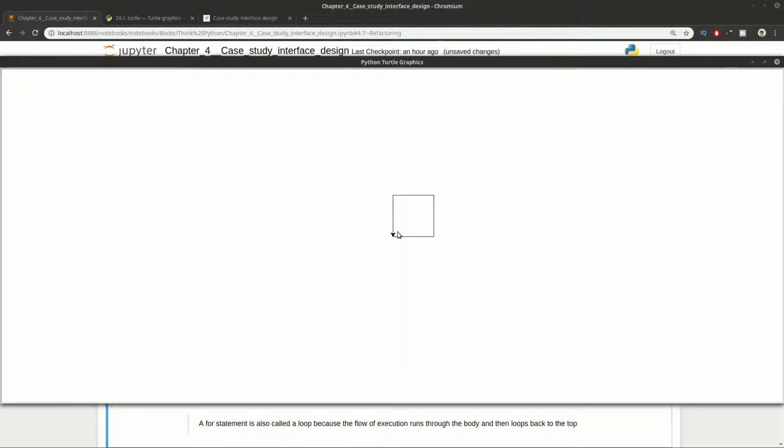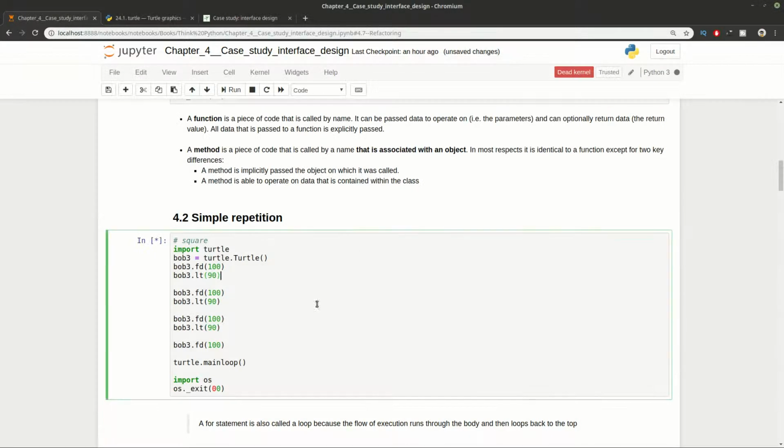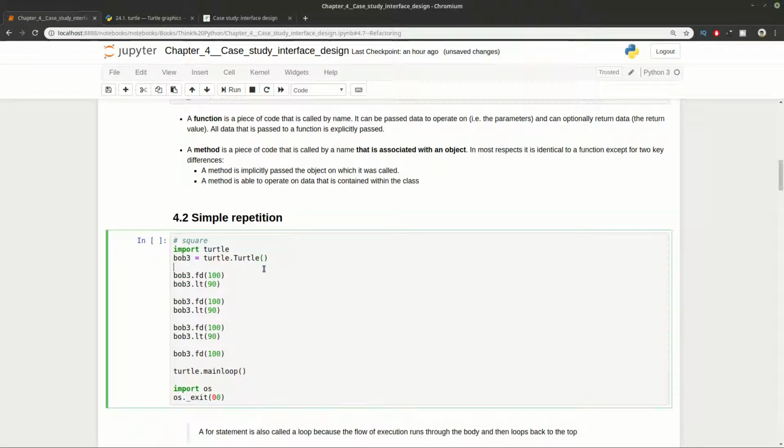As you can see, we have a square which is drawn by this program with several repetitions. You can see that we draw a line, then turn, again the same, and you have 4 repetitions here.